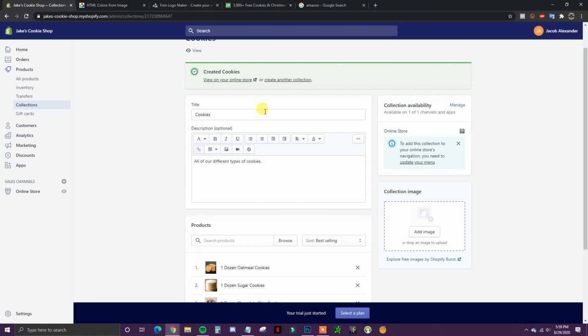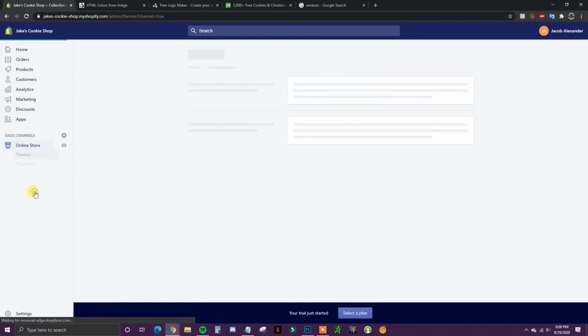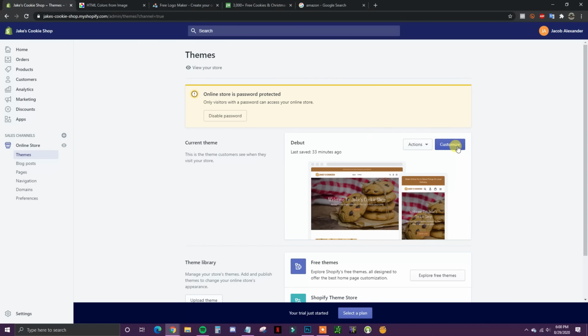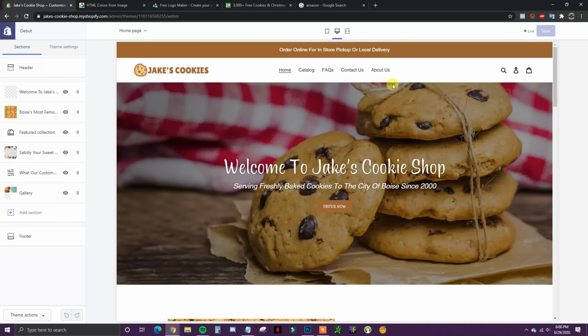So now at this point, we are going to go back and finish editing the home page, and we're going to customize the checkout, the 2 things we couldn't do earlier because we didn't have any products. So we're going to come back to online store, and we are going to click on customize once again, and we are going to be returned to the past. We are back about where we were 1 hour ago,